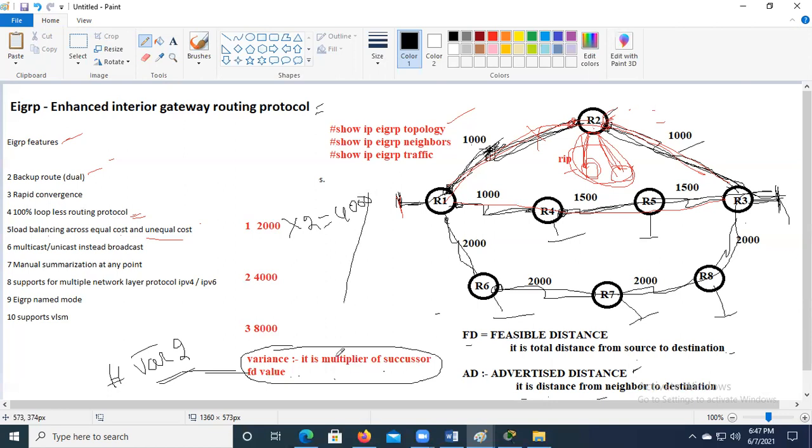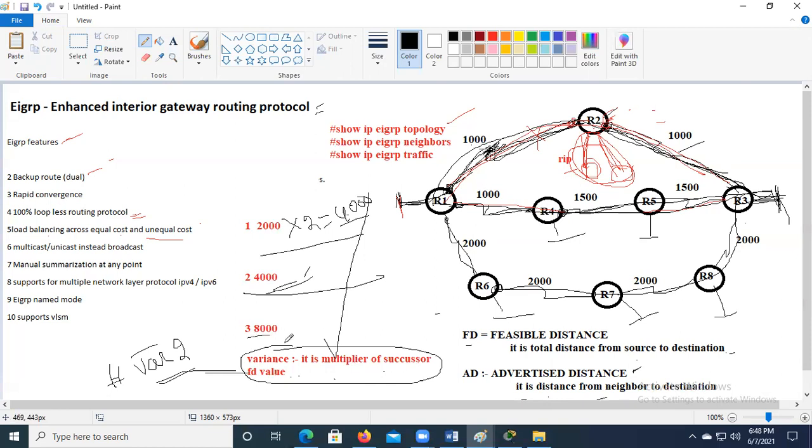Now it will calculate the FD values again. The first one is 4000, the next is 4000 again. Two are the same FD value, so it will use both paths for forwarding the data. Meaning from router 1, if I want to send data to router 3, it sends via router 1 and via router 2. I want to use these three paths.